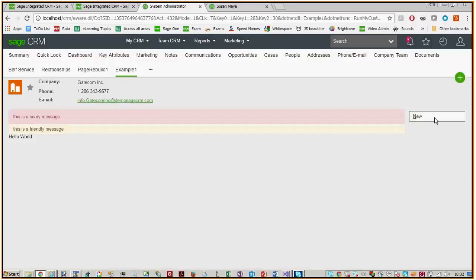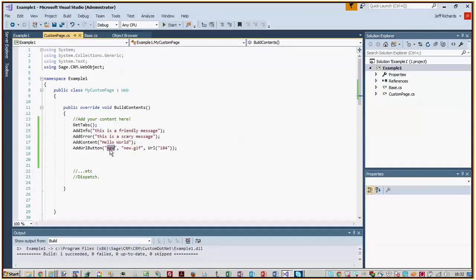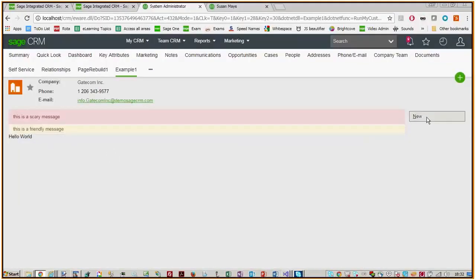And by the way, because I used the correct caption code in here, which matched an existing button with the correct name, it's picked up the correct translation. So that's why it's translated and added in the nice effect that we've got here of the underline new. And if I click on new here, you can see it jumps across